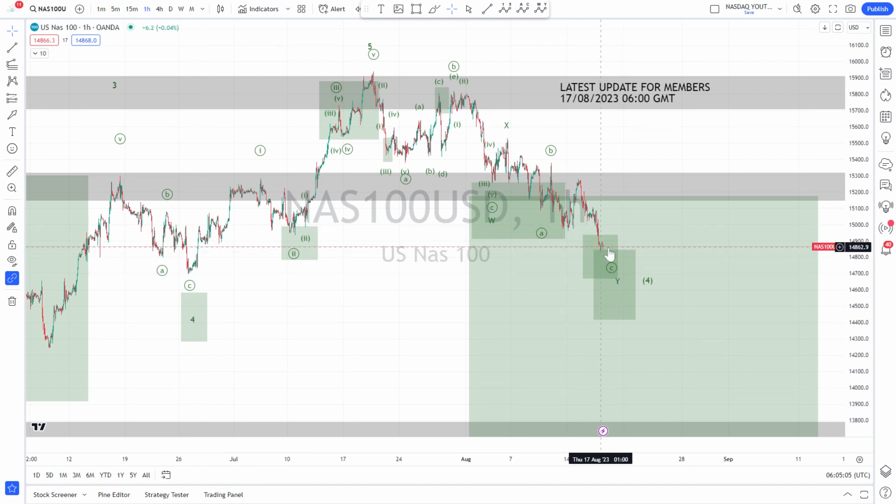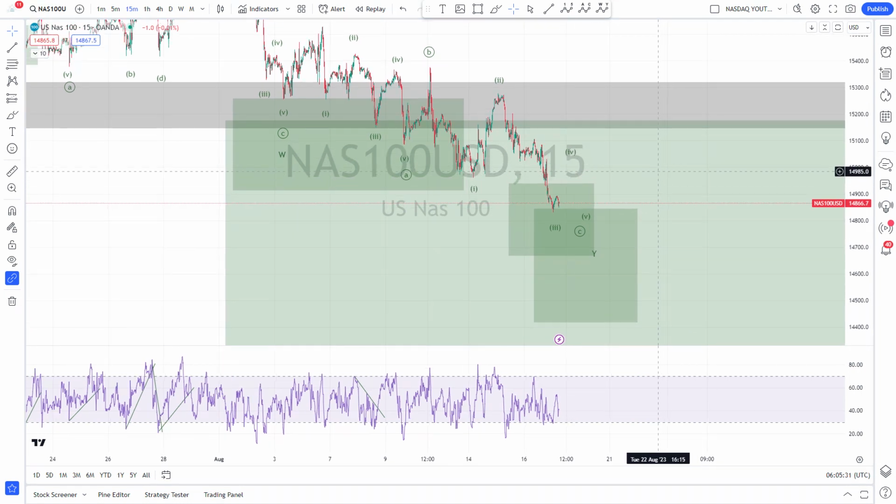Let's first see if this holds. You can also just split your orders in this area. This is also a possibility to play it. You can analyze the lower time frame to see if we have a finished impulse to the downside that ends with divergence. Like if we look at the 15-minute, so I believe this is our one, this is our two, and